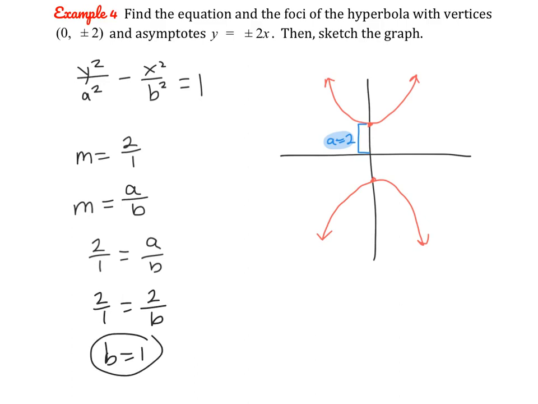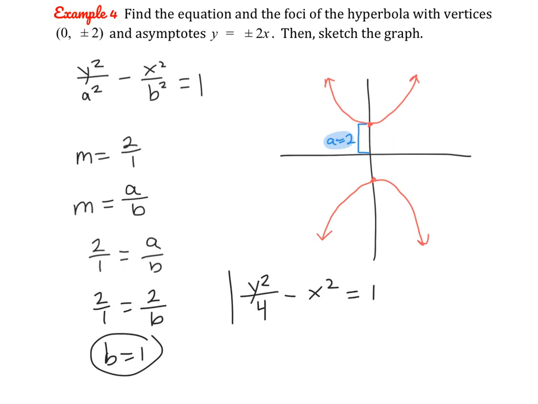So now we have everything we need to make our equation, so we're just going to substitute our values into this form. So that gives us y squared over a squared. Remember, a is 2, so a squared is 4. Minus x squared over 1, because b squared is just 1,